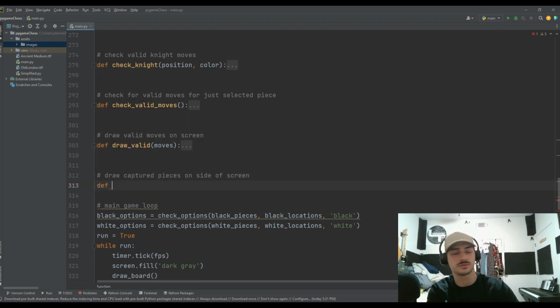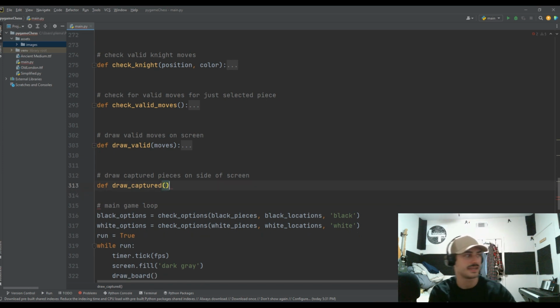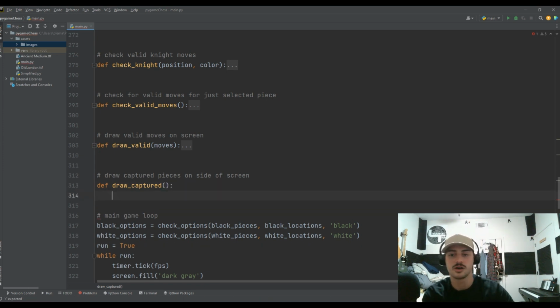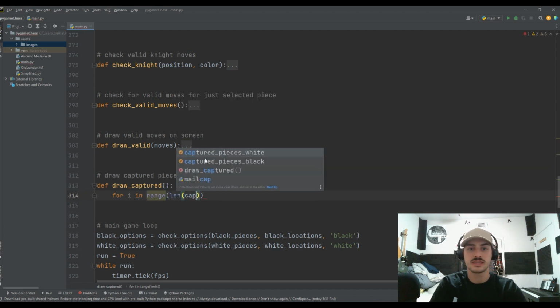And so to do that, we will define draw_captured. There we go. I don't know why that needs parentheses. Struggle bus, it's these long tutorials, you guys. I'm trying. All right, and then what we will say is for i in range length of the captured pieces